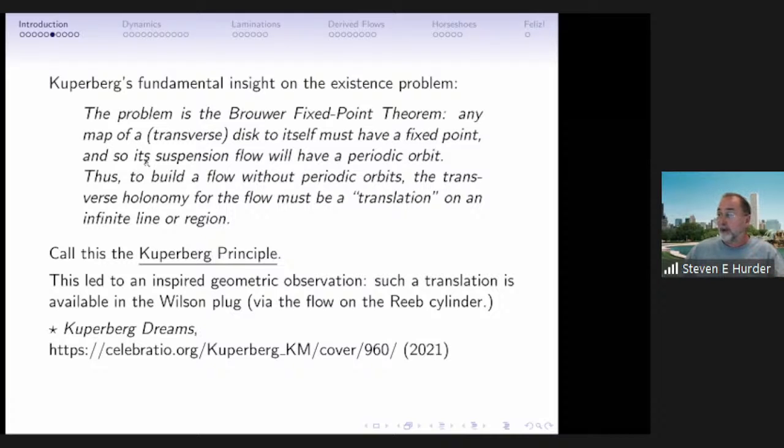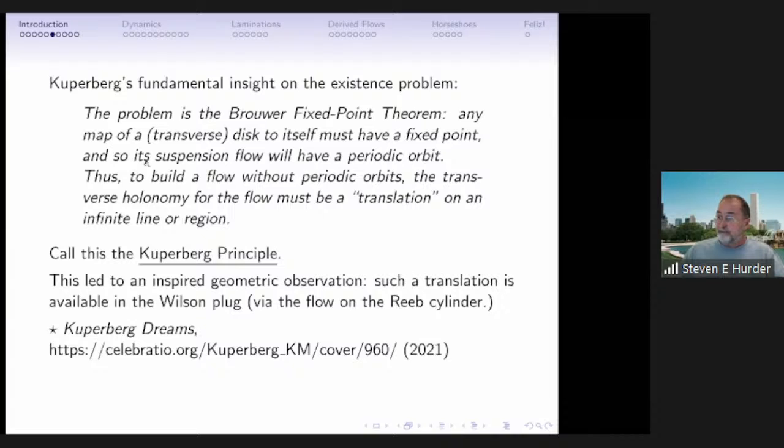It's going to have a fixed point for the return map. And so you need an action that doesn't preserve a disk, that has a holonomy that is a translation. Now, I guess you can always look back and say this is somewhat, I won't say obvious, but logical. And I call that the Cooperberg principle. I don't know if it's a principle of what, but it's basically aperiodicity means your holonomy is a translation in